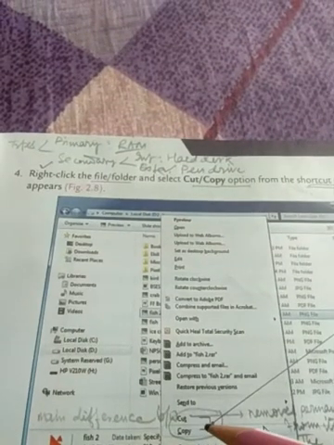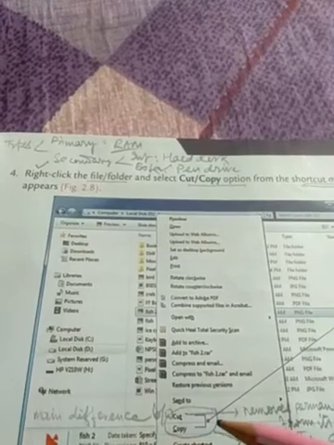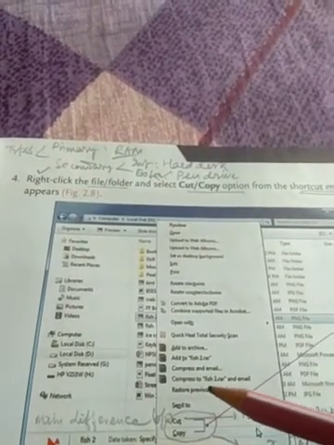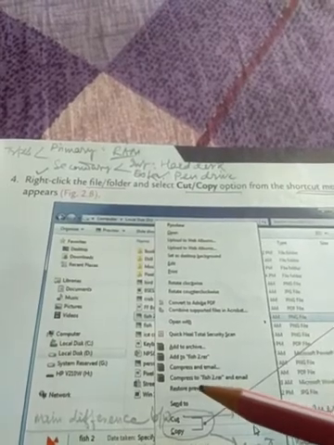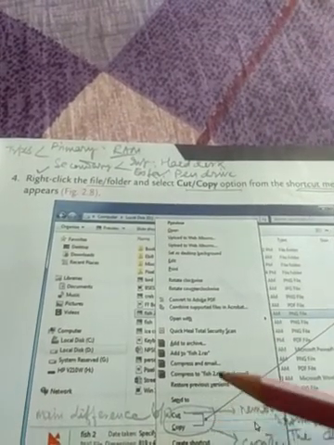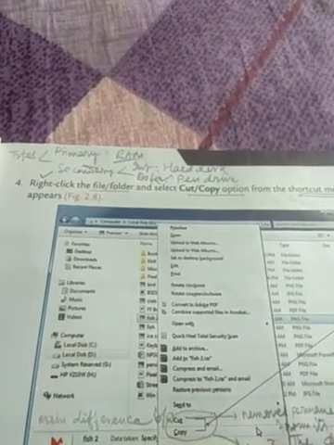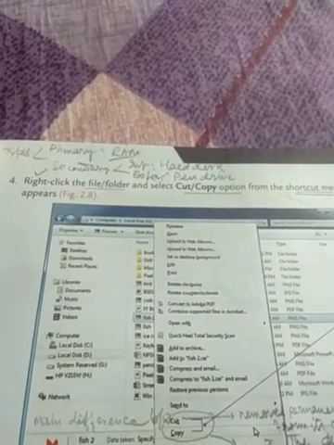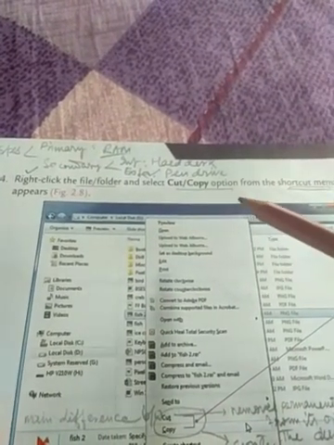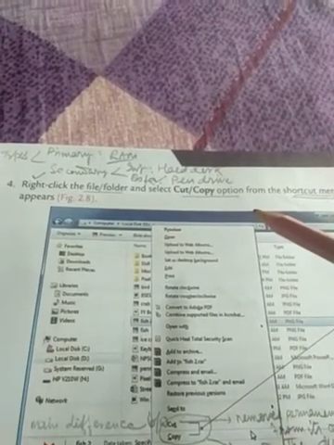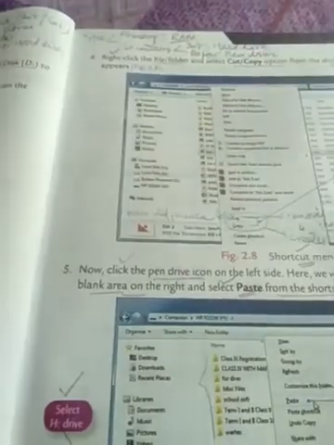In this case, we are free to choose either. If our intention is to permanently remove the selected file or folder data from the local disk D drive to the pen drive, then we have to select the cut option. Or if we want to just make a duplicate copy of the selected data or file or folder, then we have to choose the copy option from the shortcut menu. This is the fourth step. I hope this is clear.